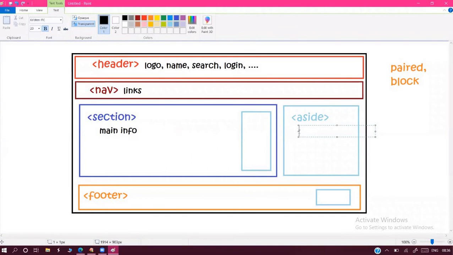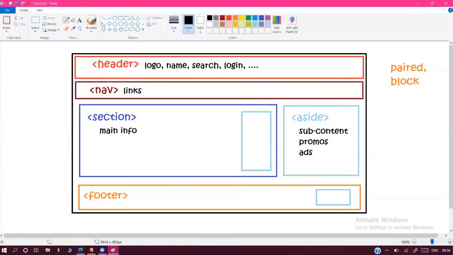For aside contents, sometimes we use it for subcontent, next to promos displaying, next to ads displaying. So the aside section we use generally for subcontent display. Subcontent means these two. So this is subcontent and this is subcontent. And this special box, I think we'll get promos and advertisements. This aside section we use as part of the section, and also as part of the footer section. The reason is to display the subcontent. That is this one, and this is this one.